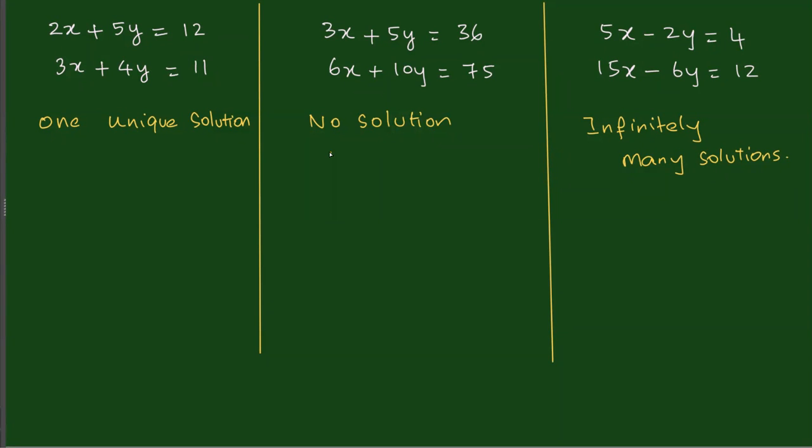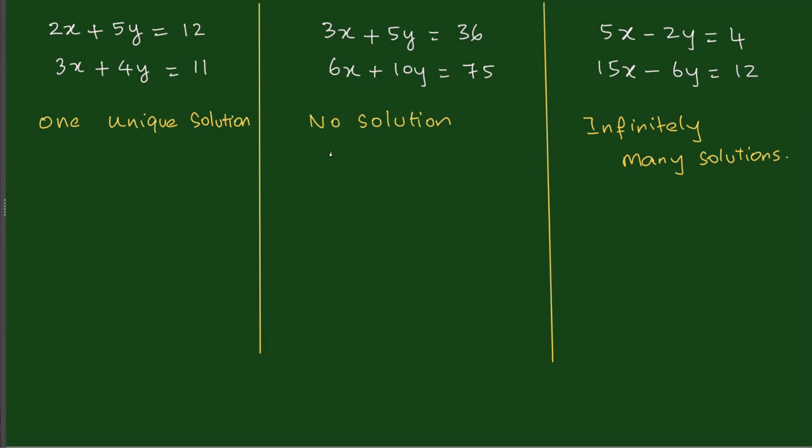So in the one unique solution one, none of the numbers and variables in the both equations, in the top and bottom, none of them are multiples of each other. In the no solution one, the left hand side is multiples of each other, but the right hand side is not. In infinite solutions one, every single number is a multiple of the bottom number. Very good. That is a fantastic observation. Very nice.